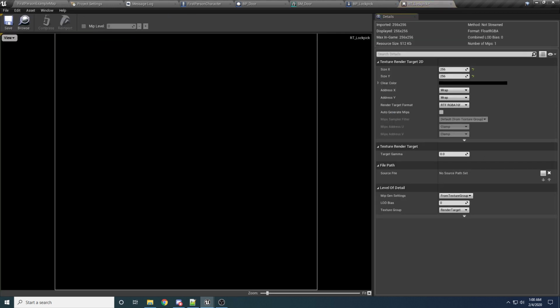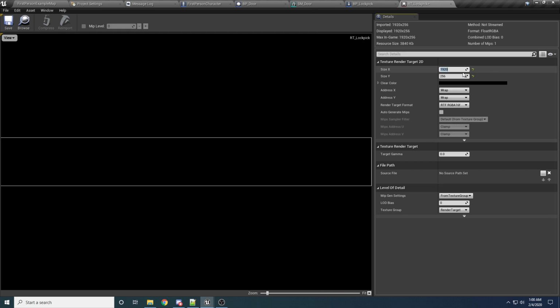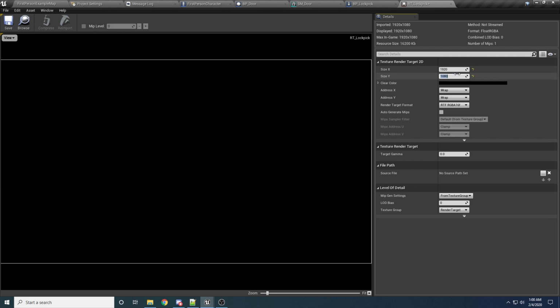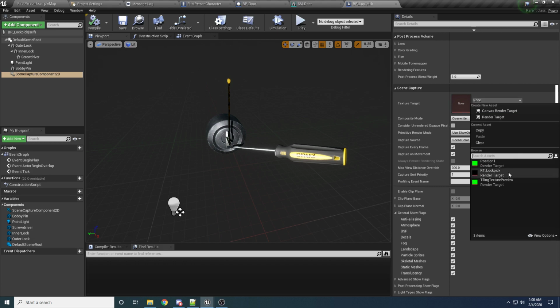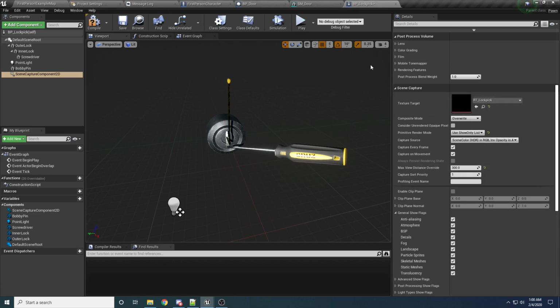And we're going to want to go ahead and open this up. And we want to set the size to a nice looking resolution. So we'll say 1920 by 1080, so it's nice and pretty. And I think all of the other stuff you can basically leave as it is. And we'll go ahead and file, save all, and close that. And then back here we can specify we want it to render to our render target lockpick. So if we compile and save it now,